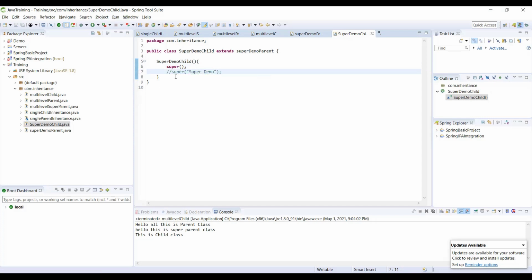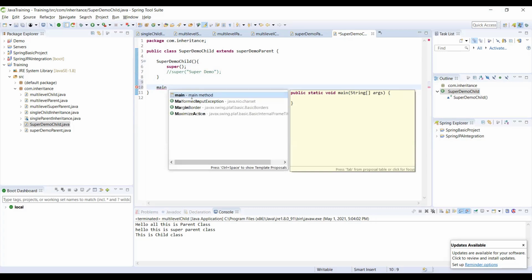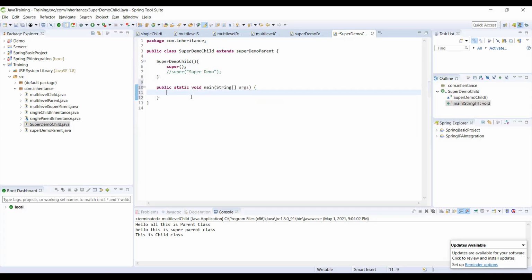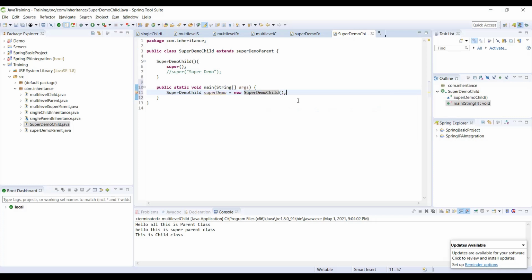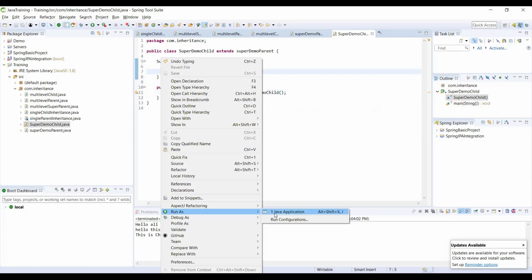Now, in my main method, I can simply create the object. And now I don't have to do anything because I'm doing a super on this.